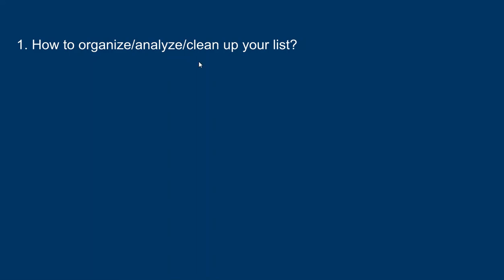So one way you can do that is by cleaning up your list and getting rid of the subscribers who aren't really doing anything. Usually you can filter your audience and check, like, the people who didn't open the last 10 emails. You can put them on a separate segment, and then you could send them a re-engagement email, or you could tell them, sorry, but I'm cutting you because you're not taking any action.